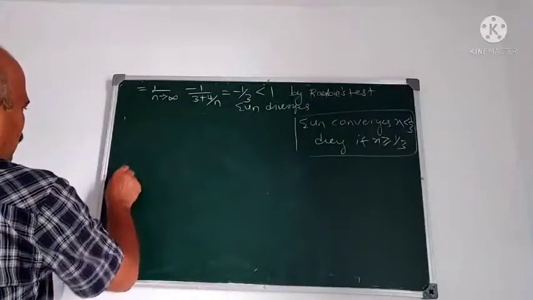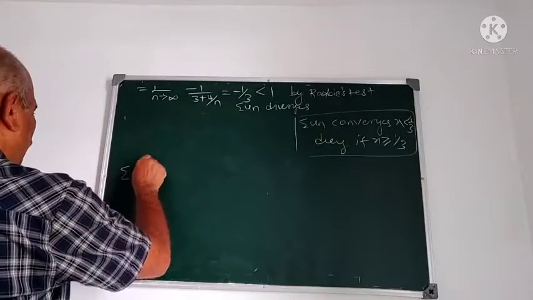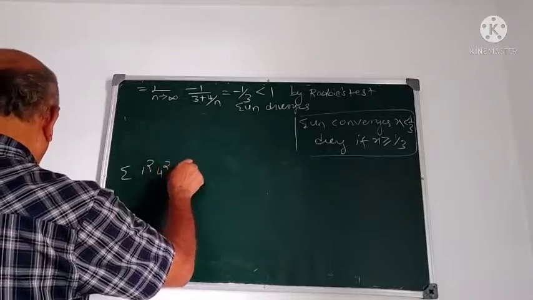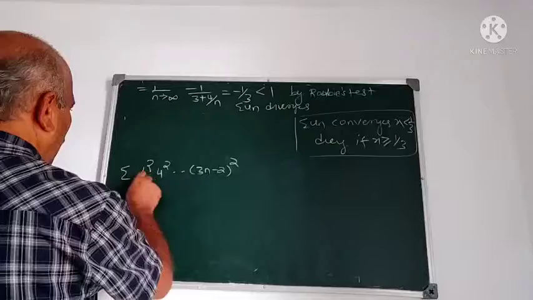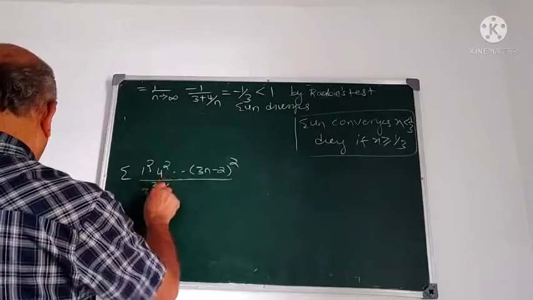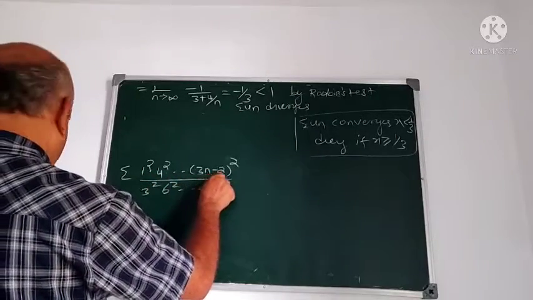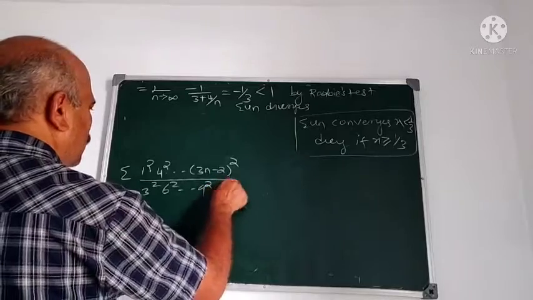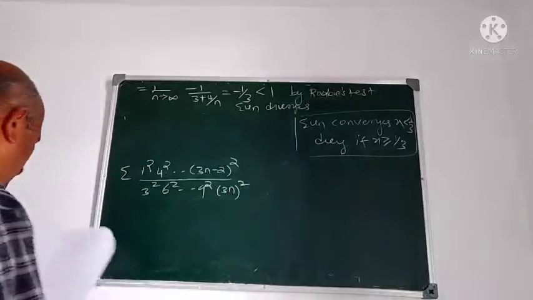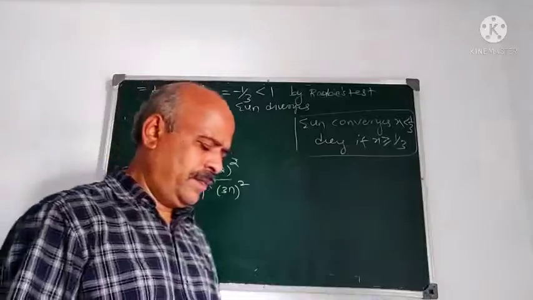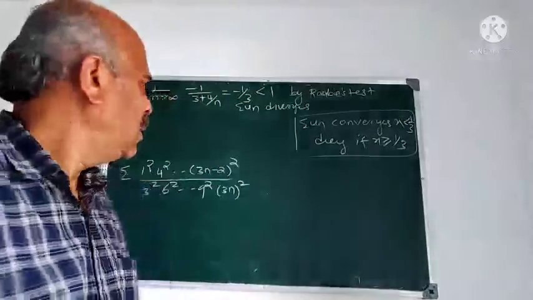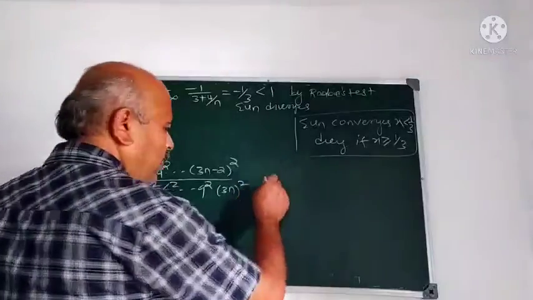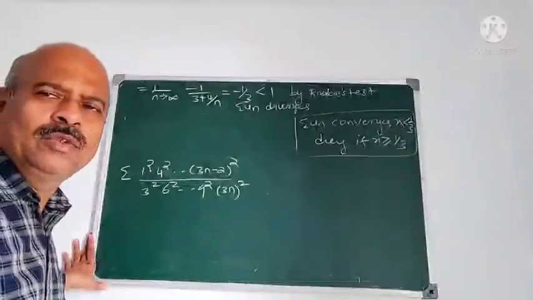Next is this problem. Discuss the convergence of sigma 1 square, 4 square into etc., 3n minus 2 square upon 3 square, 6 square, 9 square into etc., 3n square. Now, for this type of problem we first apply